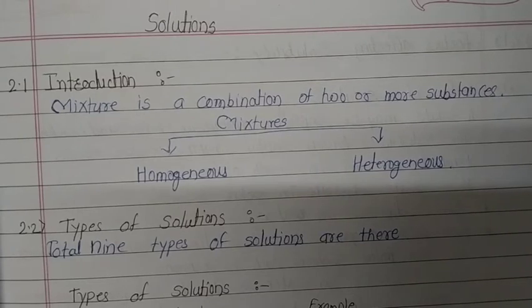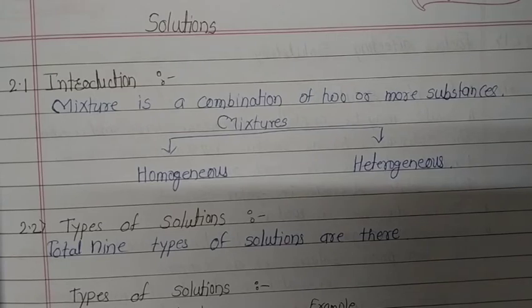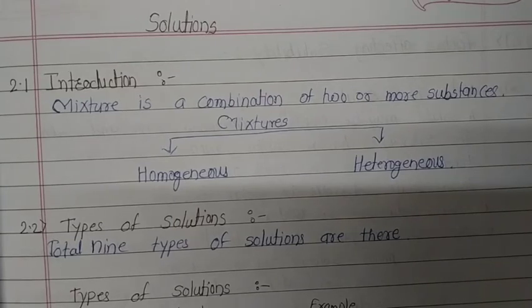Now first we see what is meant by solvent and solute. Solvent means the component in which solution formation takes place and which constitutes the larger proportion of the solution. Example, in an aqueous solution of sugar, water is the solvent. That is, the solvent is the component in which solution formation takes place.